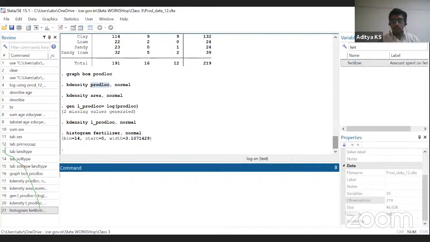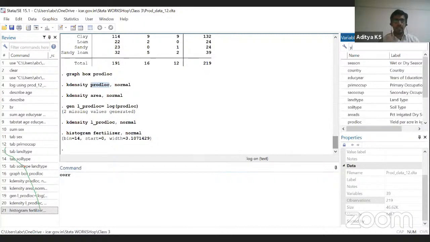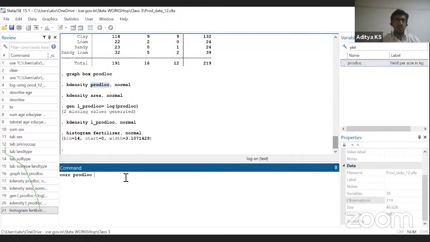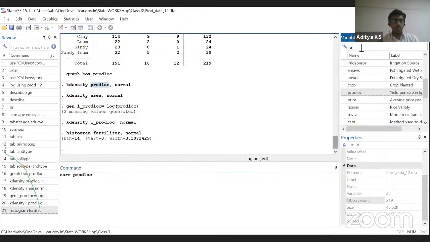Next, if you just go and see which questions we have, I have already done kernel density. I have already done the summarize. So I think correlation between area and yield should not be such a difficult task for you, because you have already examined that particular command. So prodlock is one variable and another variable is area. So simply if you type CORR, you will get,